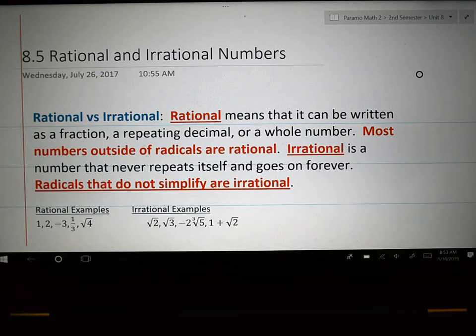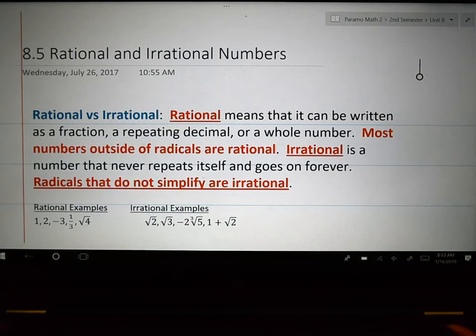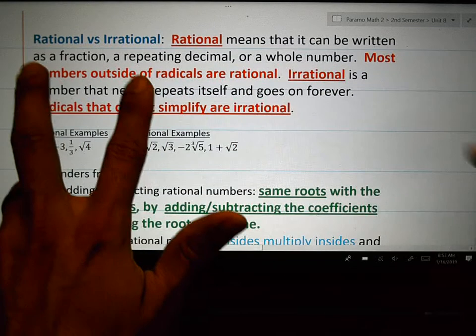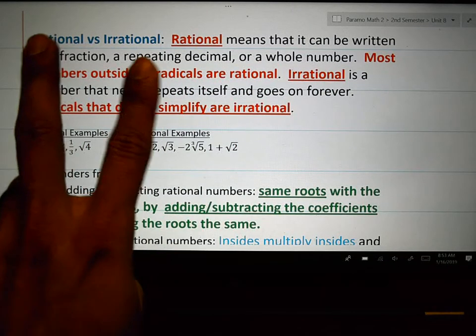Perfect. 8.5 is the last section in Unit 8. There really are no additional concepts that you need to know. 8.1 is the hardest lesson because it has the most rules to learn. And 8.2 kind of went into those fractional exponents. And then 8.3 and 8.4 just wanted to see what you could do with it. But 8.5, there's really no additional work except you really have to know the difference between these two words, rational